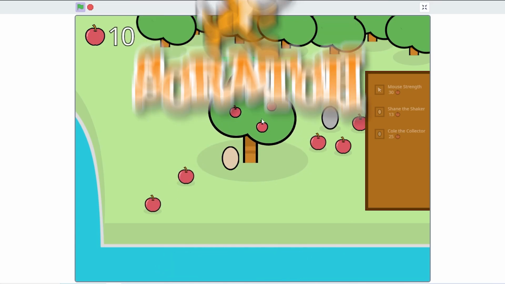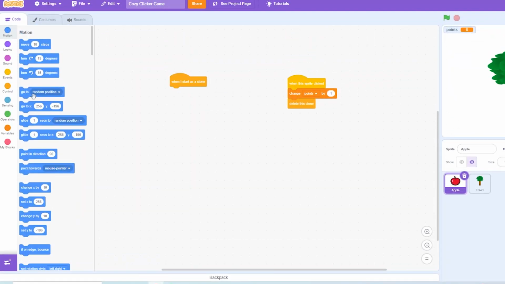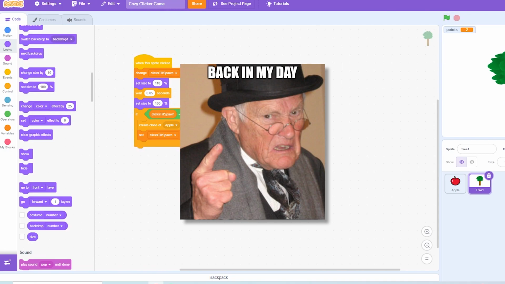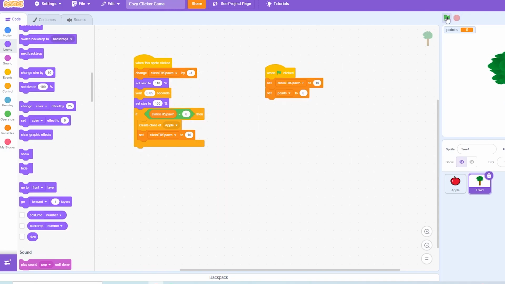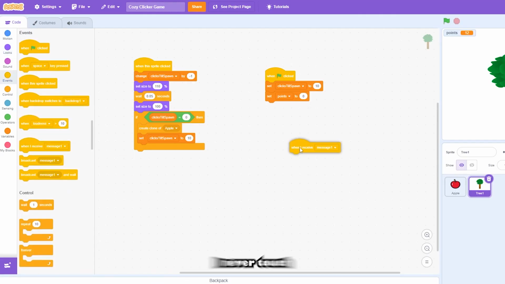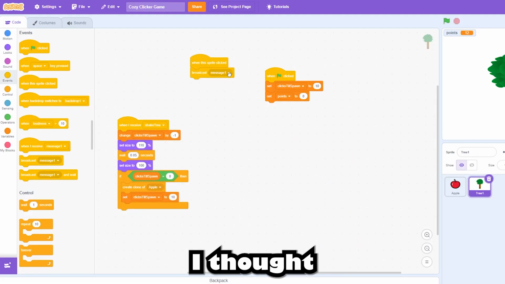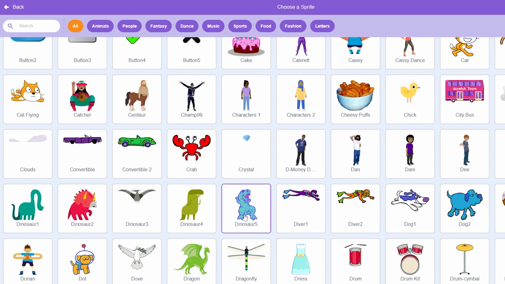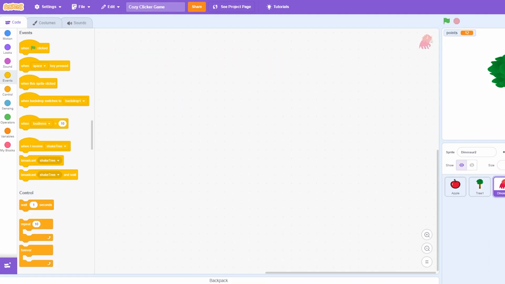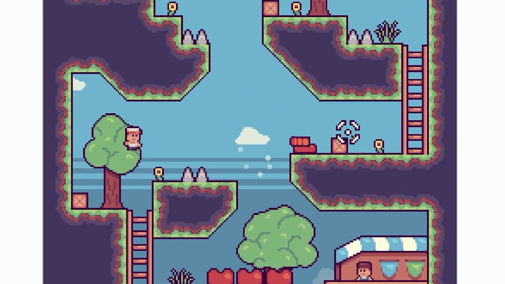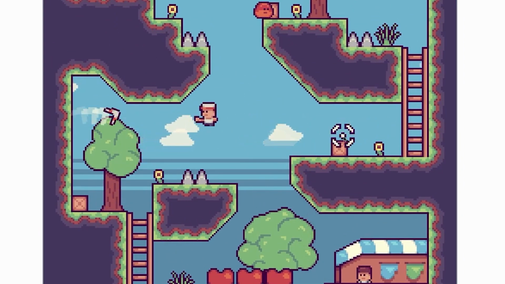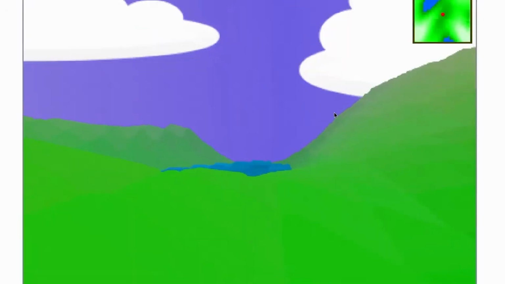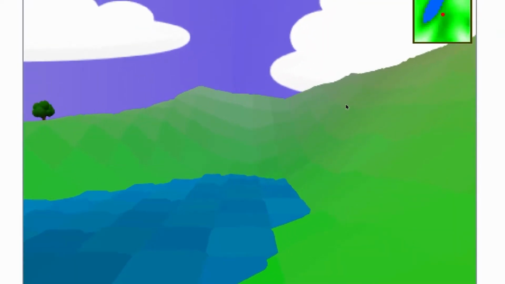easiest game engine, Scratch. I first heard about Scratch when I was back in school. When we were introduced into programming back in 6th grade, I think, we actually used Scratch to learn coding and make our own little game. Since then, I never touched Scratch again because I thought it was just a program for little kids to teach them coding. But turns out there is a whole community surrounding Scratch where people make really awesome and beautiful looking games. And even though it was only intended for 2D games, there are actually some crackheads who somehow made 3D